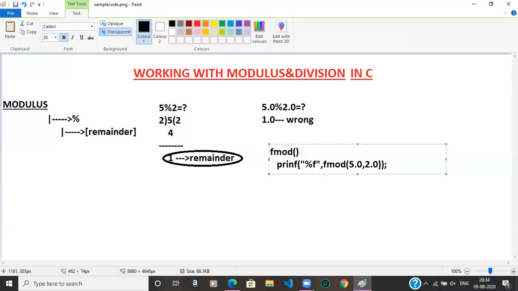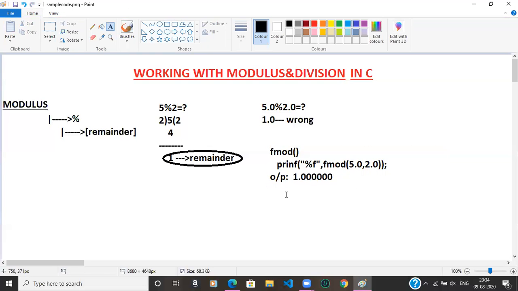The result will be 1.000000. What are the 6 zeros? In C language, the compiler will print 6 digits after the point for floating point values.